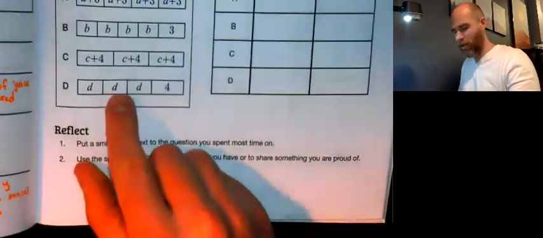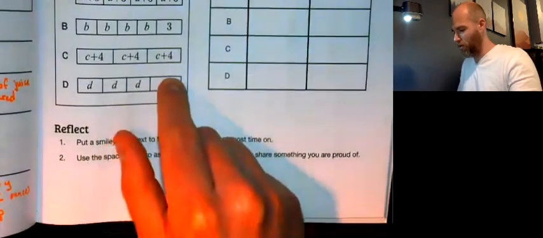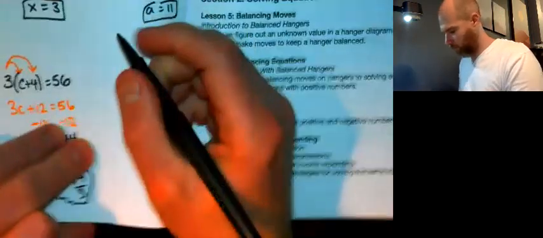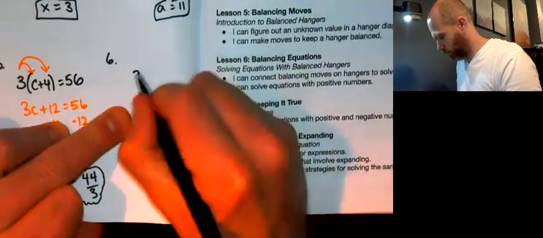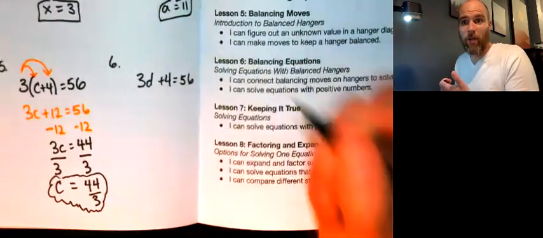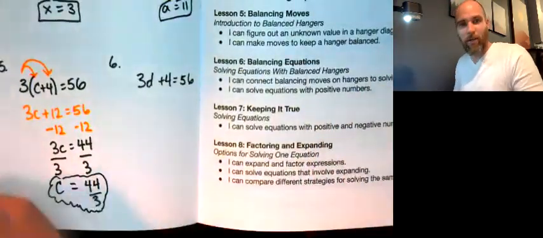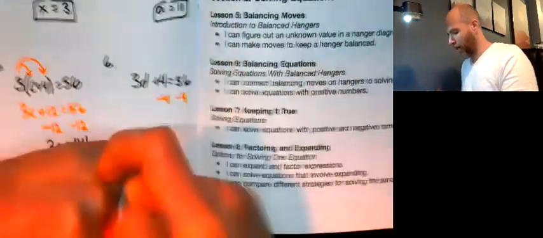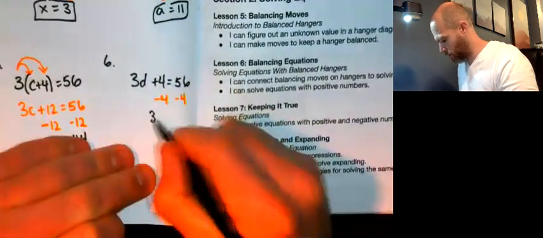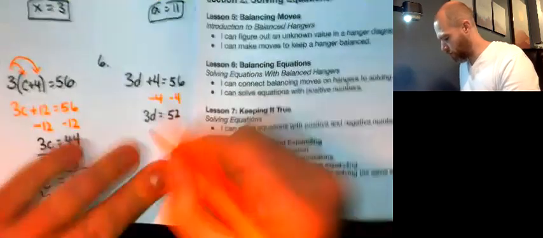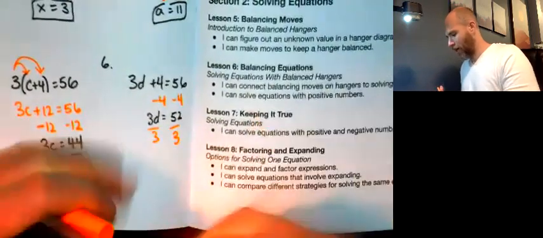D plus D plus D plus 4 equals 56. So we got 3D plus 4 equals 56. All right, you should be starting to get pretty good at this, so I'm not even going to explain it as much as I go. I'm going to subtract 4 from both sides. I get 3D equals 52. I'm going to divide both sides by 3, and I get D